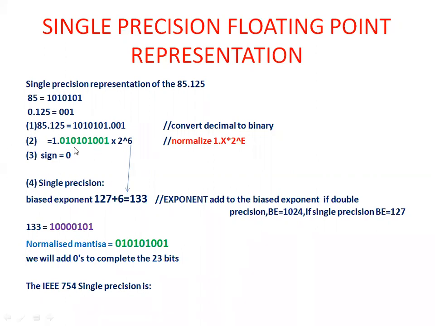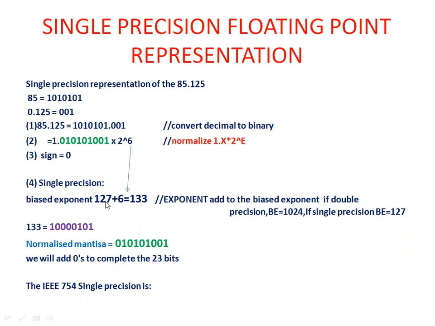Third, you have to determine the sign bit. As we all know, in the single precision floating point, the first field refers to the sign bit. So what is the sign bit of the given decimal number? It is plus, because there is no sign, so we take it as a positive number. So the sign bit is 0, because 0 refers to a positive number and 1 means a negative number. And fourth step, you have to find the biased exponent by adding 127, because here we are going to find the single precision floating point. If it's a single precision floating point, you have to add 127 to the exponent.